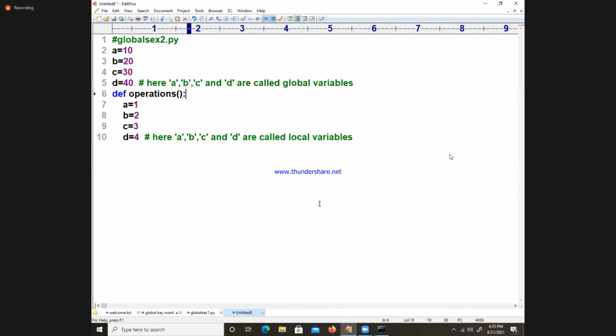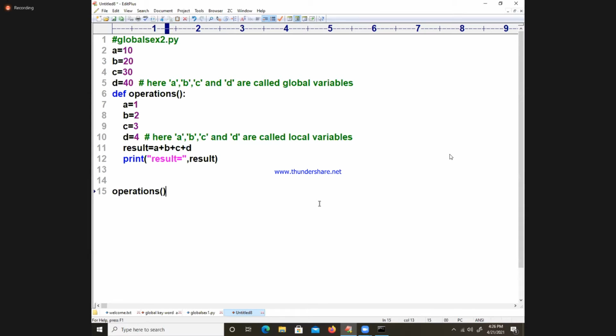Now, all of them are the same. A, B, C, D outside, A, B, C, D inside. If I write result is equal to A plus B plus C plus D, what is the answer coming? What is the answer? 10. Now, see, print result. Result is equal to, comma, RES. I will write result. Just for a minute, you watch it. Then you call this function.